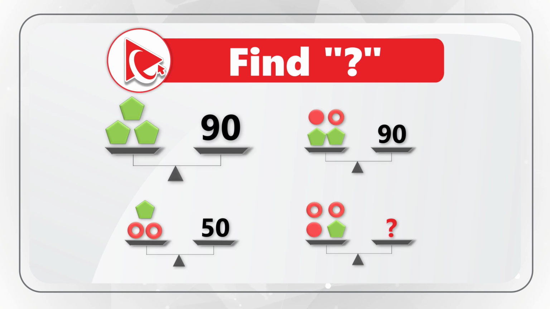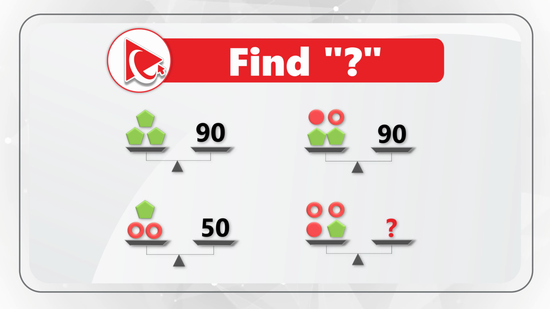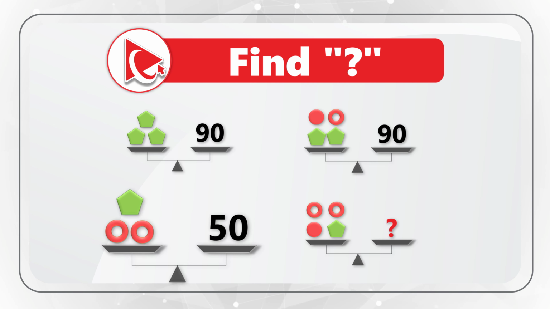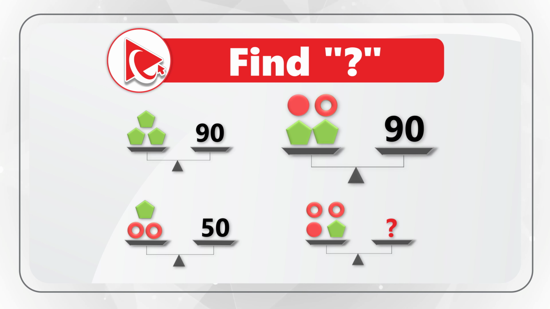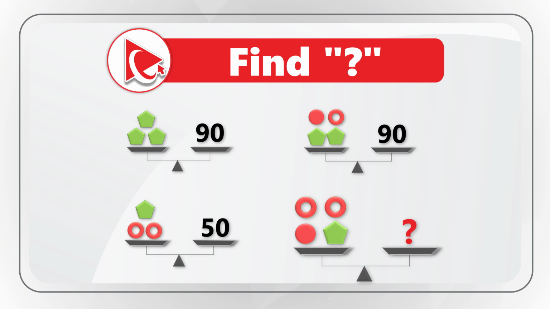First scale contains 3 pentagons on the left and number 90 on the right. Second scale contains 1 pentagon and 2 bagels on the left and number 50 on the right. Third scale contains 2 pentagons, 1 circle and 1 bagel on the left and number 90 on the right. And then the last scale contains 1 pentagon, 1 circle, and 2 bagels on the left, and then missing number